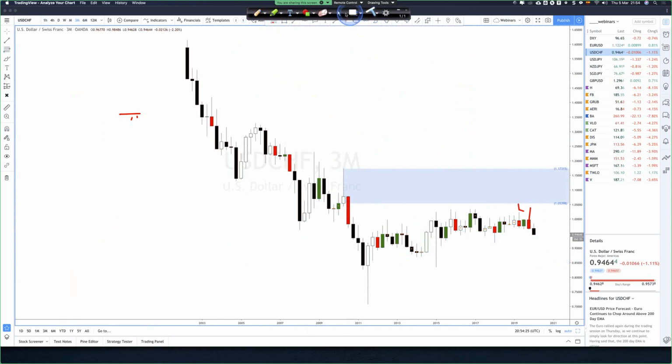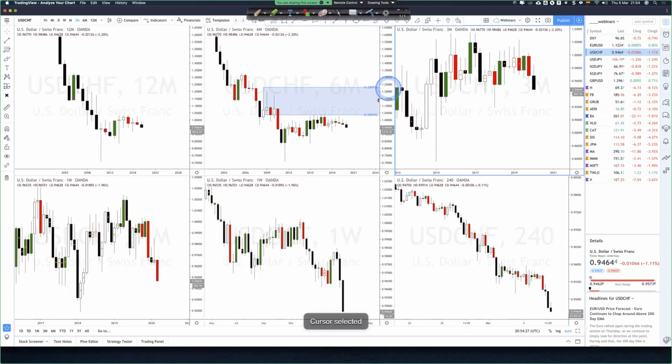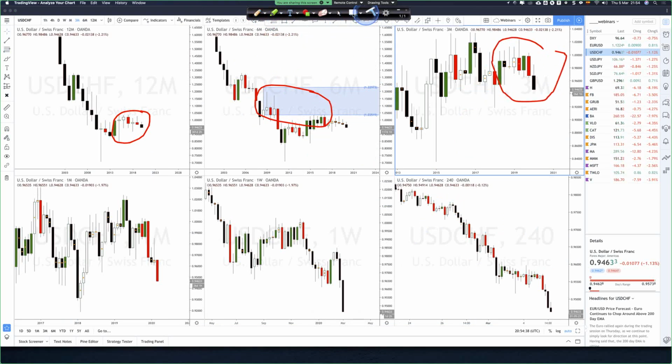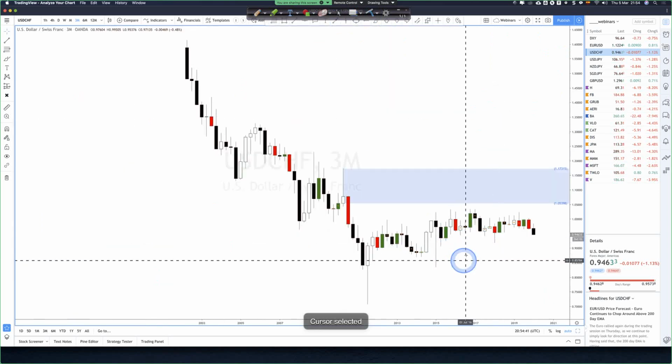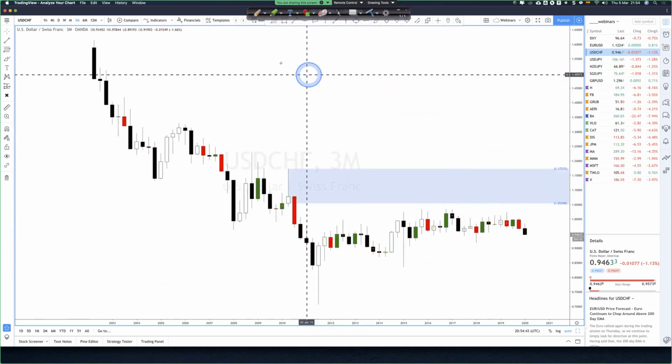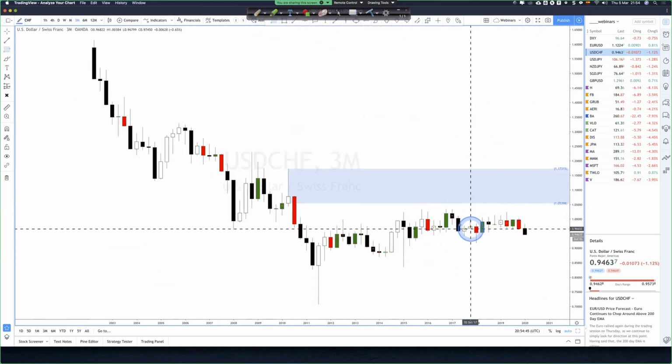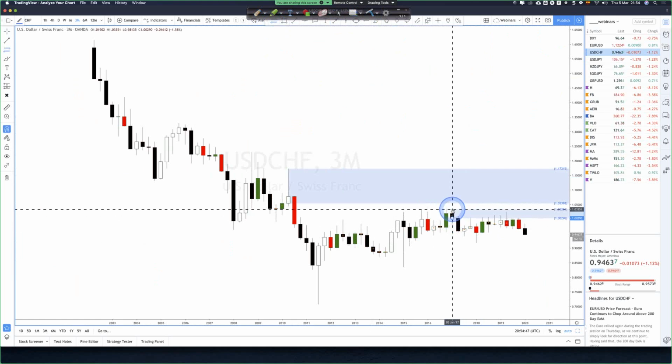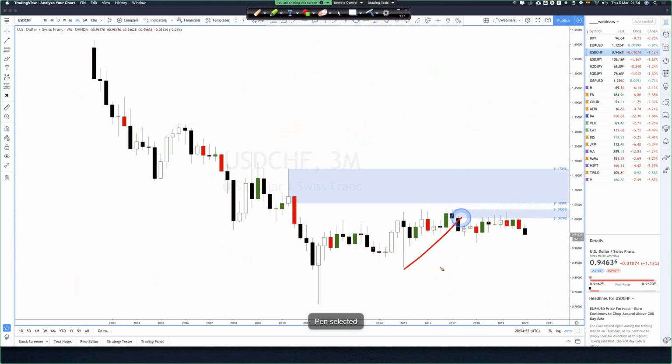So if you pay attention to these 3 time frames, the 12 months time frame is telling us longer term shorts, the 6 months time frame longer term shorts, and the 3 months as well. Okay, so we actually have a higher high over there, so we should have an area of supply right there because of the trend line break and consolidation there. So we've got, as you can see,